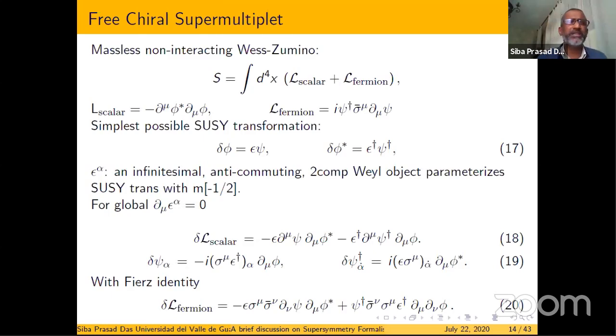One is called local, one is called global. Local depends on the space-time coordinate. If it is global, it doesn't change with the space-time coordinate. So whenever I talk about the global supersymmetry transformation, the derivative of the parameter is equal to 0. And so far, we discussed today only the global supersymmetry transformation, because global supersymmetry transformation doesn't